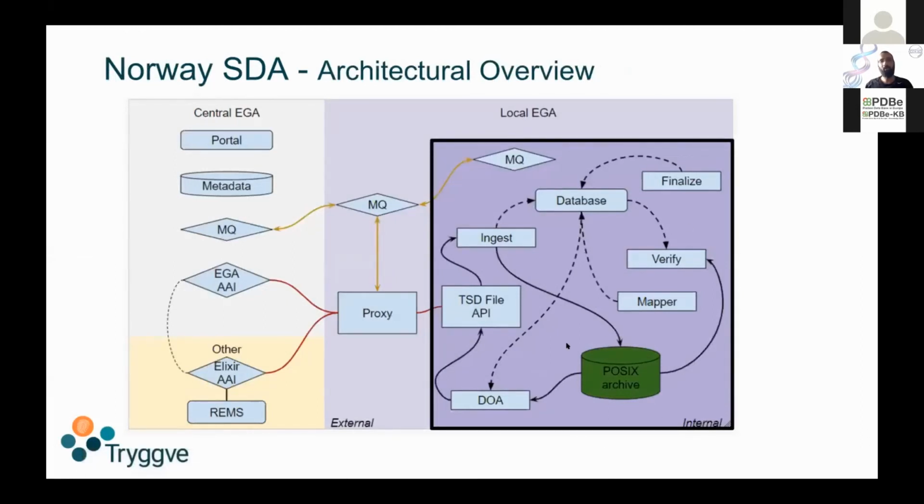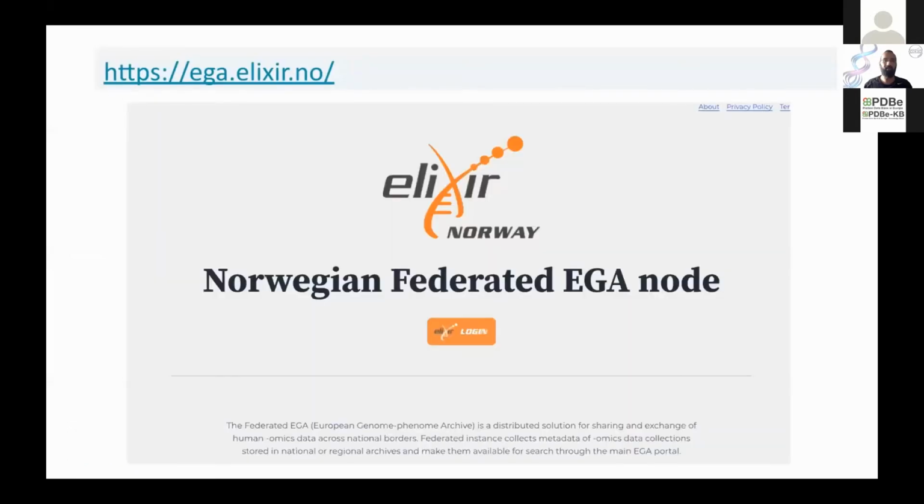What I wanted to show here is that the local EGA is not just a piece of service that you have to install on a specific infrastructure with specific configuration. There can be different ways of installing local EGA. It is microservice based, and all microservices run as containers. And this is an example of the Norwegian local EGA. This is the website, and you can log into the Norwegian local EGA with ELIXIR AI and get started using the service from there.